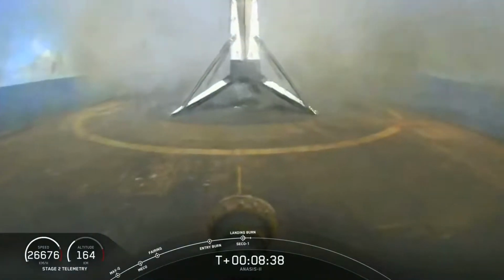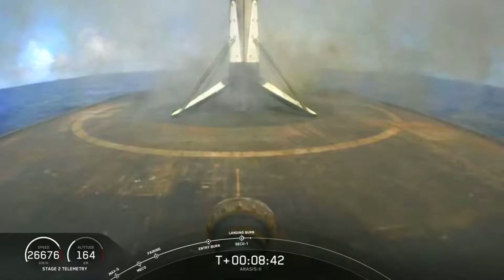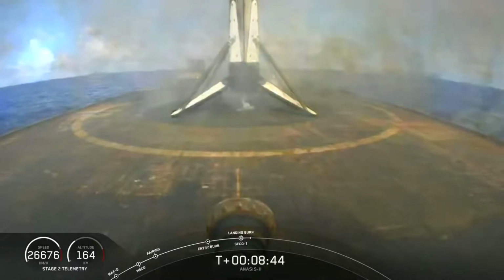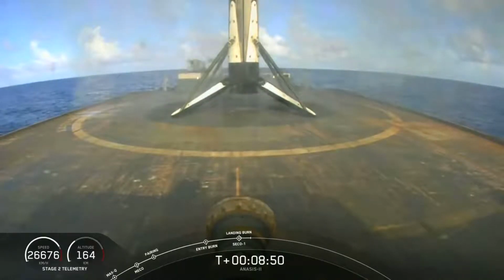And there it is. That is our 57th successful landing of a Falcon 9 on our drone ship. While we were watching that landing, we also had confirmation of nominal orbit insertion. We're all pretty excited over here at SpaceX for being able to use this first stage for a third time